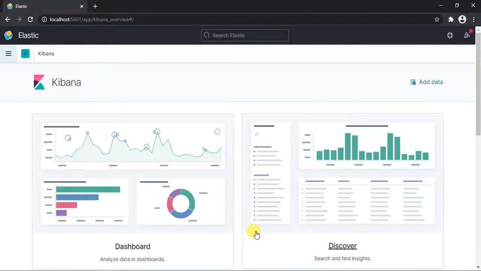So till now we have been discussing how to install the EFK stack, how to configure Fluentd, and how to upload all the data from Raspberry Pi to Elasticsearch via Fluentd. Now in this video we are going to design some visualizations and the dashboard to visualize our temperature related data on Kibana. So let's get started.